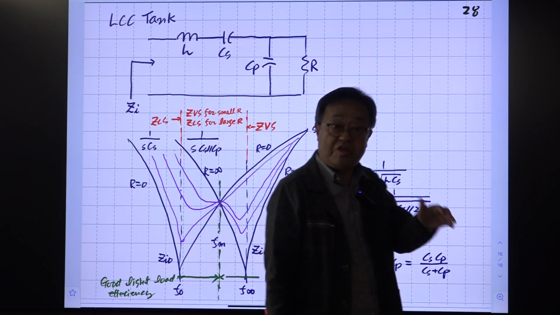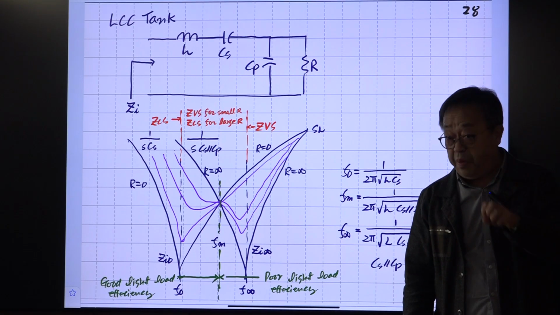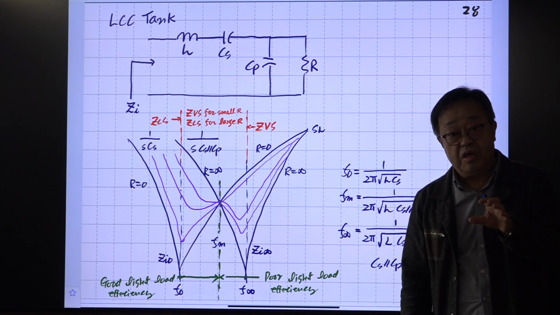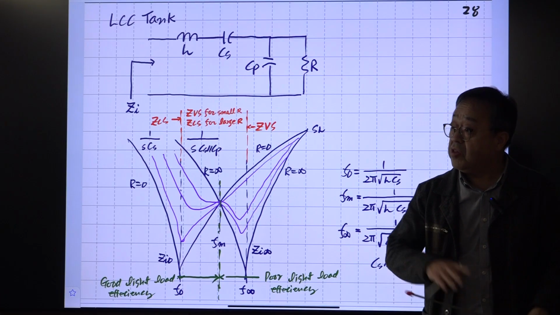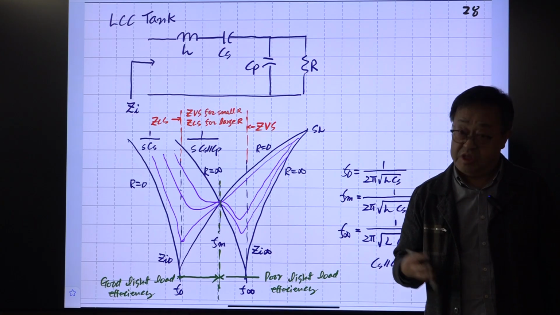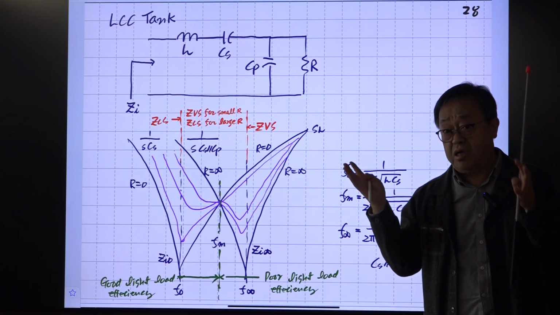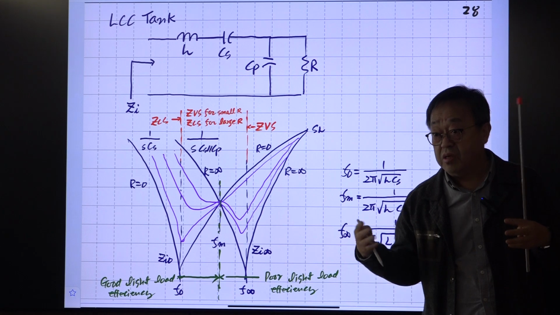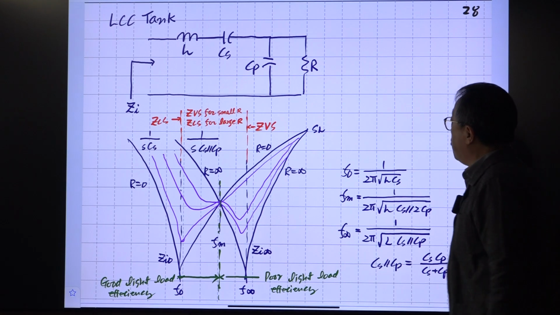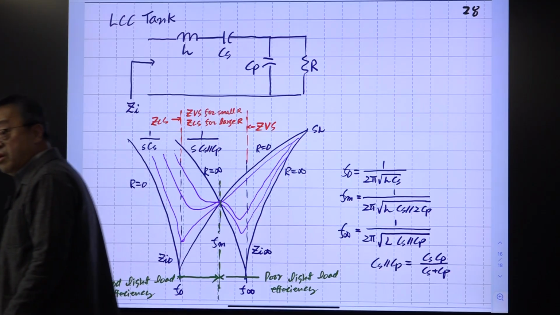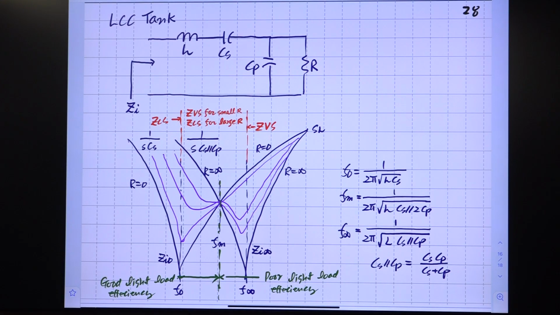It depends on the switches you are using. That also depends on the power level you are playing with. For low power applications, which is what you are doing, all of them are considered low power. High power means 100 kilowatt, megawatt, that is called high power application. At that level you cannot use the MOSFET because of the current rating and voltage rating. Maybe they want 3 kV voltage blocking capacity. That is impossible with the MOSFET structure.